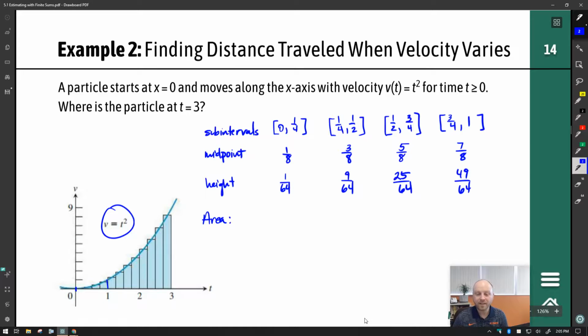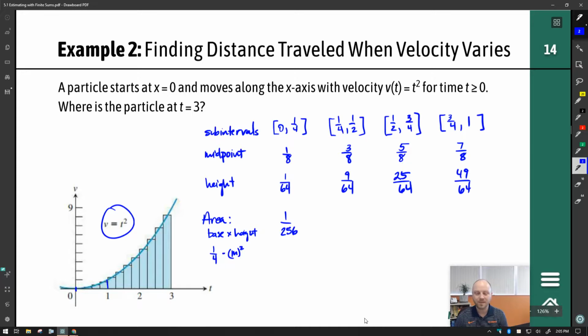Remember that your areas here are rectangles with bases of 1/4 or 0.25. So essentially what we're doing here is we're taking the base times the height. The base of all of our rectangles is 1/4. And the height is given by the midpoint squared. That's the function. So here we go. The height of this one will be 1/64 times 1/4. That's